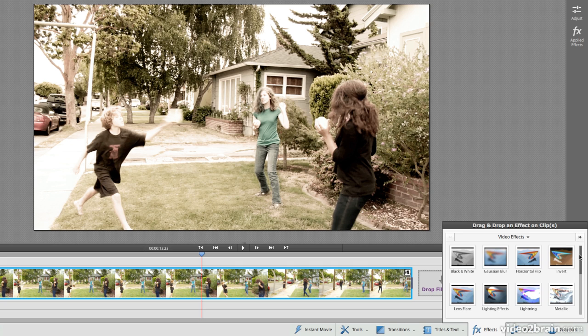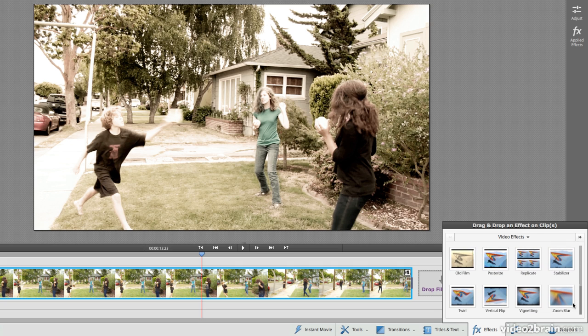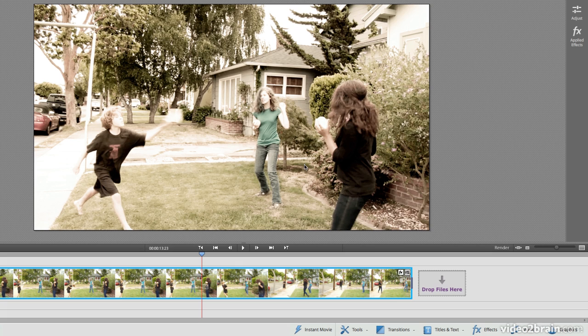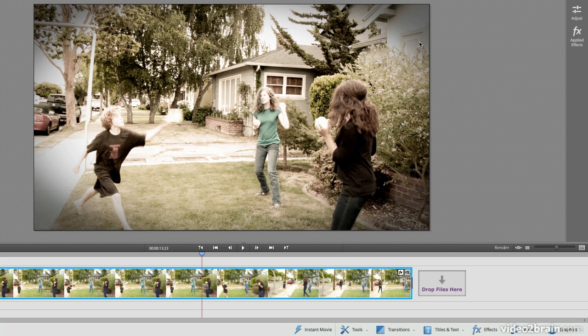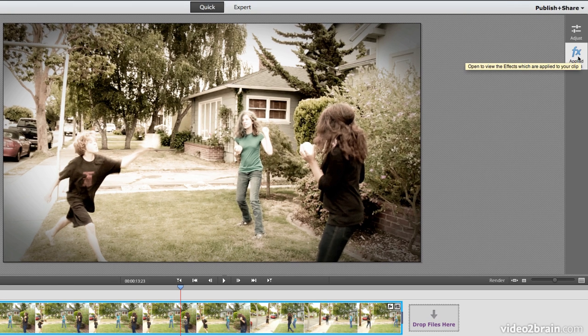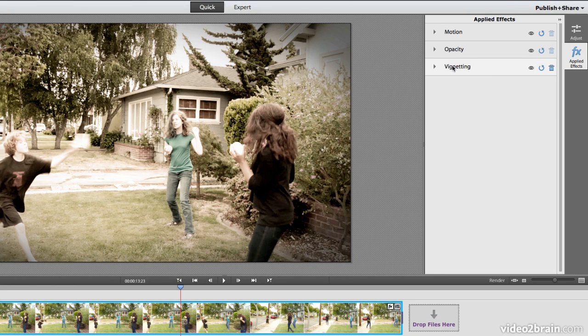And at the bottom of the video effects, there is a vignetting effect. So as I click and drag and drop this on my footage, we notice that we now have this cool vignette. Now, if I want to adjust this effect, since it's not really a color effect, it's more like a special effect, I go to Applied Effects, and I click this to open it, and you can see that vignetting